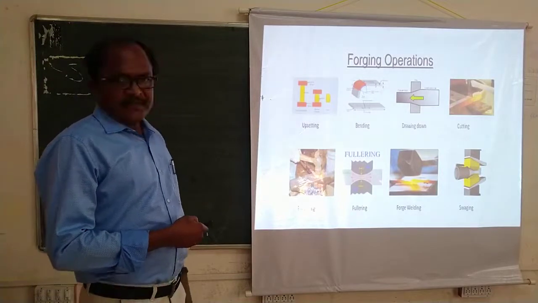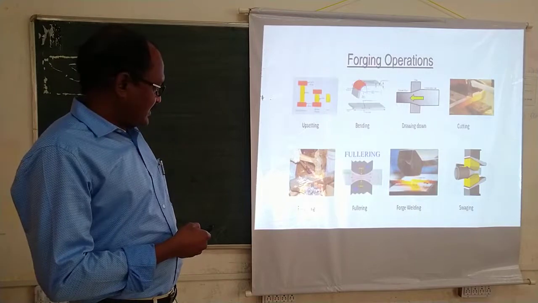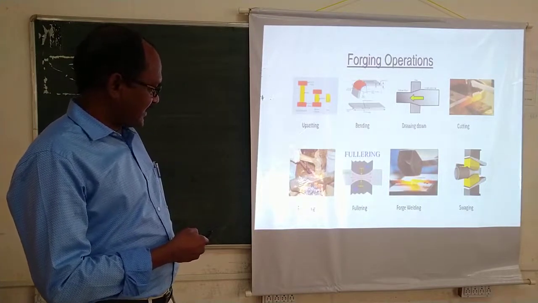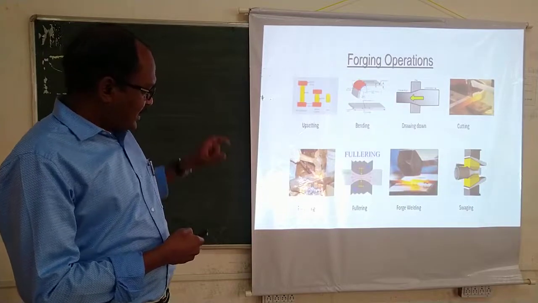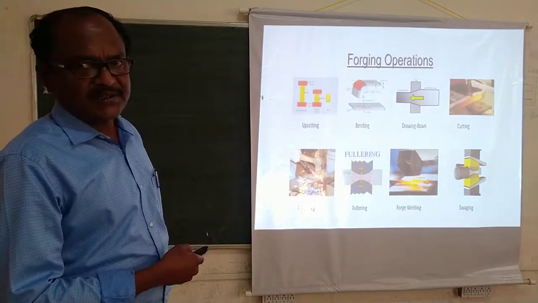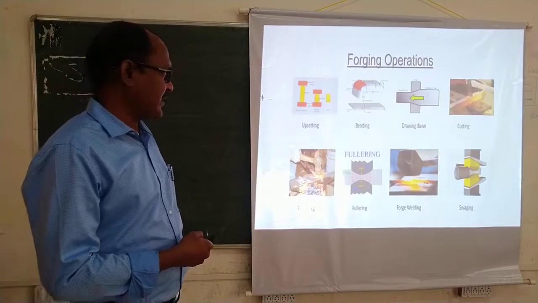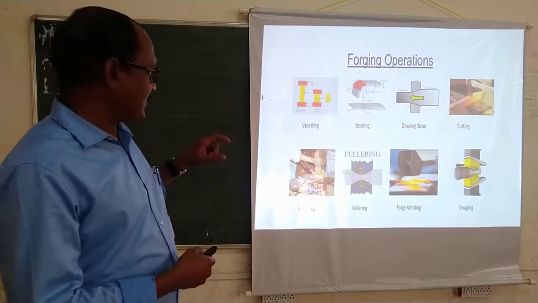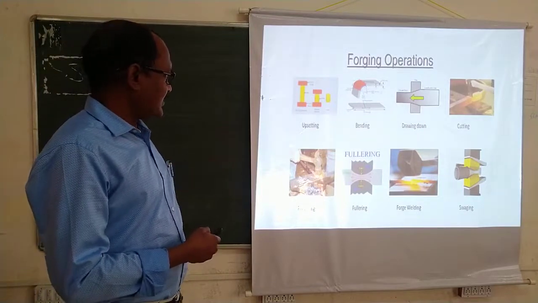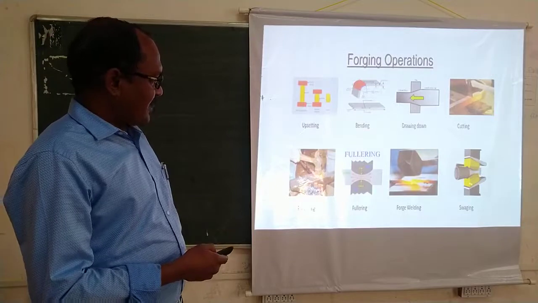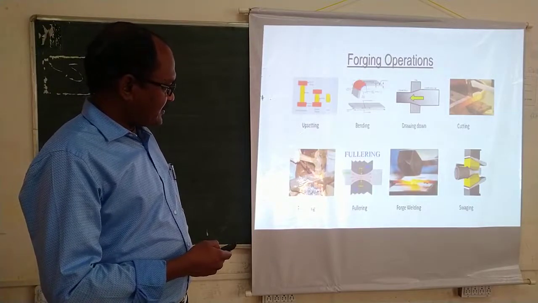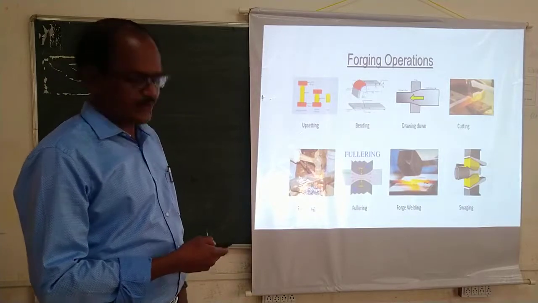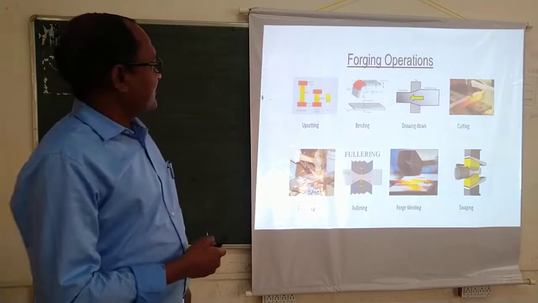Furring is also there. If you observe this diagram, this is the workpiece and this is the upper die, this is the lower die. In this case, at the center, what you are going to do? You are reducing the width of the workpiece at the center. So that is called a furring operation. When you are reducing the thickness, width or cross-sectional area of the workpiece at the center, then that is called a furring operation. And this is swaging operation. Swaging operation means you are again reducing the cross-sectional area at this area. That is the swaging operation. So these are the various forging operations.